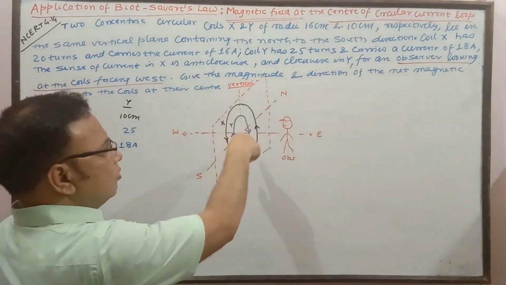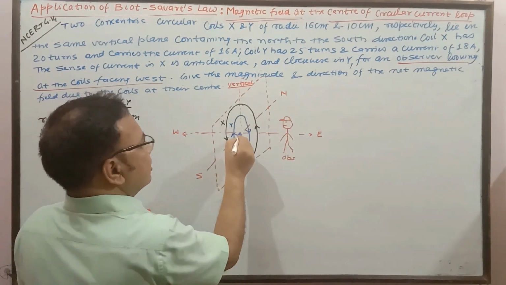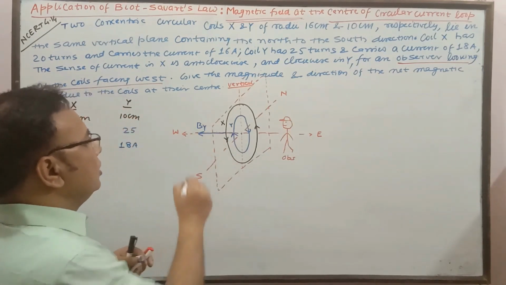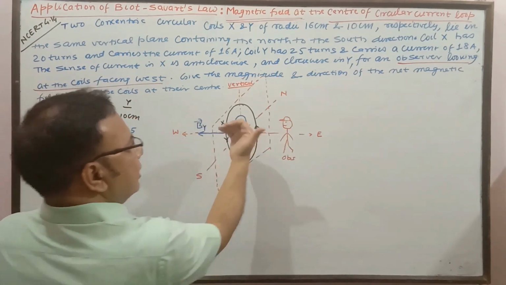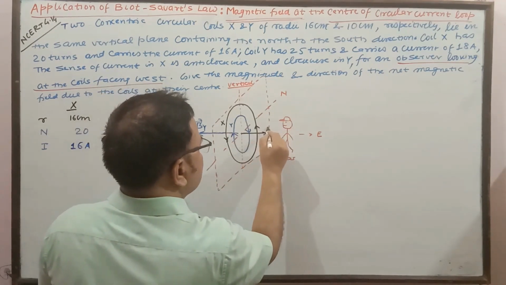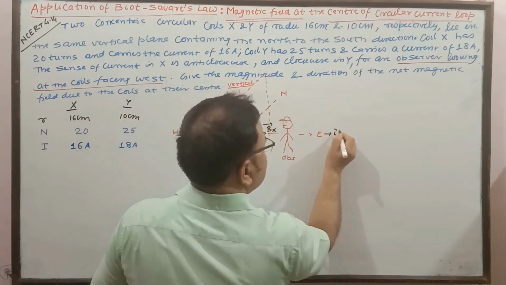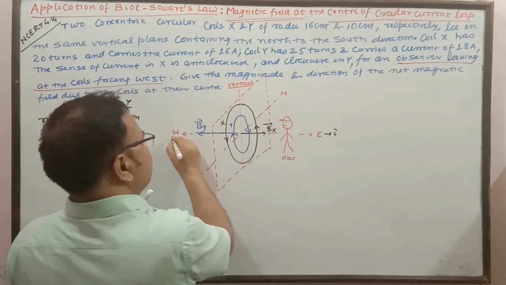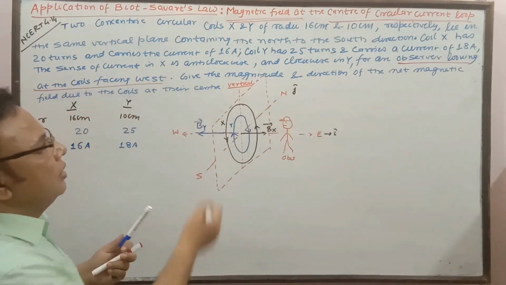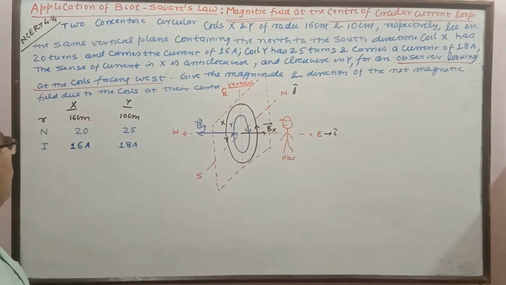As per orientation, what you see, this is clockwise. So for clockwise, the direction of magnetic field is in this direction. So the direction of magnetic field due to Y is this. And due to X, it is anti-clockwise, so it is in this direction. This is the magnetic field due to X. We are assuming this east as the x-axis, this one is minus x, this is the y-axis, so this is j cap, and let this vertical be k cap. We are going to find the magnetic field.